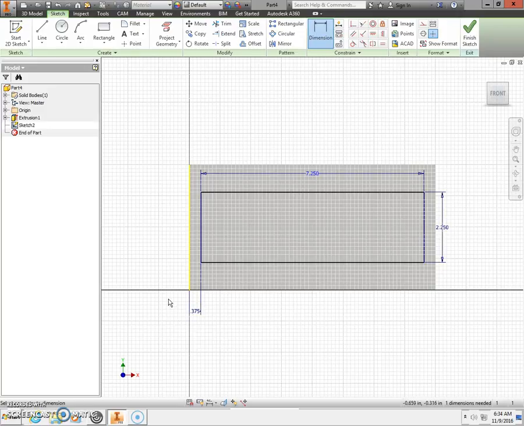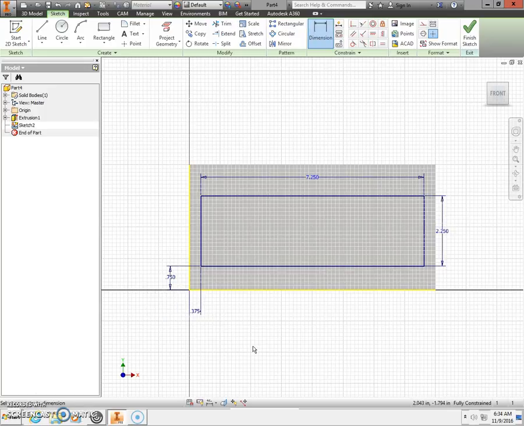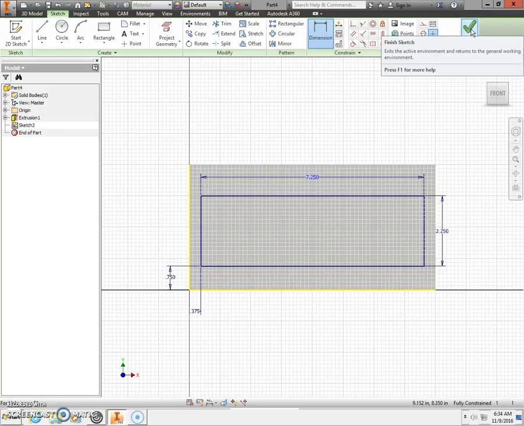Now I need to center the rectangle top to bottom. So I'm going to click the bottom of the rectangle we just drew and the bottom of the workpiece. Bring this dimension out to the side. This dimension is 3/4 of an inch or 0.75 in decimal. Green check mark. Now that my rectangle is centered, I'm going to green check mark Finish Sketch in the upper right hand corner of my ribbon,